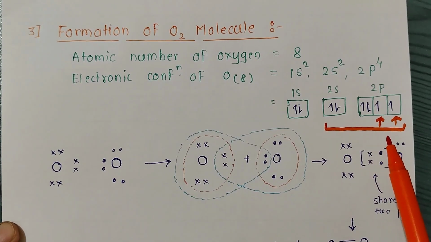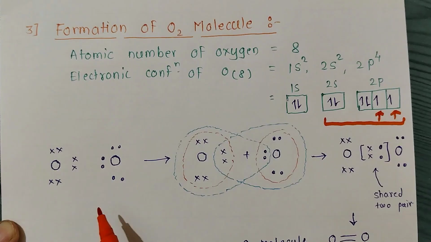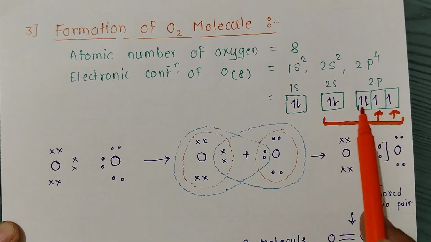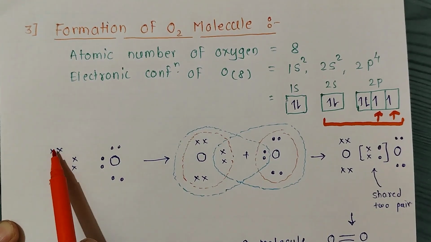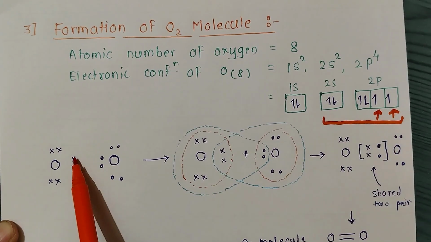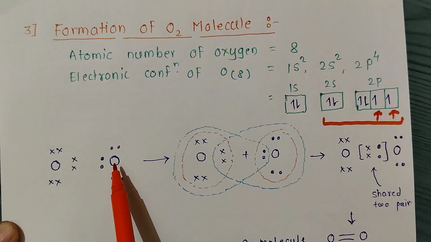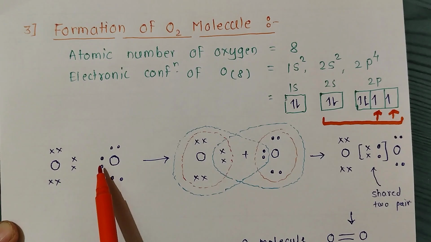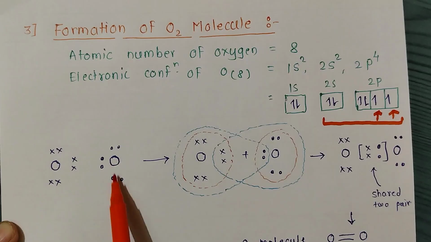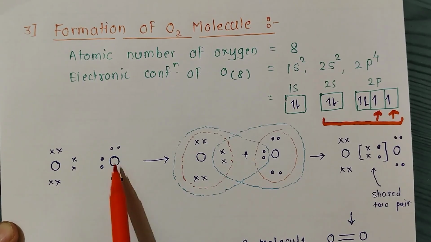So how does oxygen form bonds? See here, these two are the non-bonding pair of electrons, and these two are the unpaired electrons. Similarly, in the other oxygen atom, these two are the non-bonding electron pair, and these are the unpaired electrons. These are the paired electrons, and they are not involved in bond